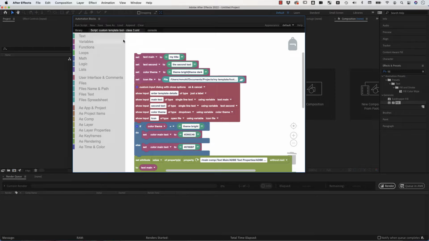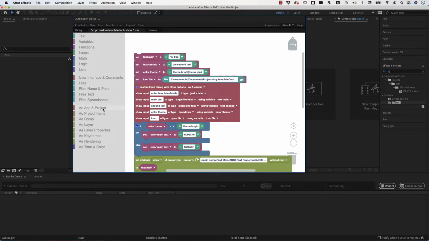I'm Matthias from mamoworld.com, and today I want to talk about rendering, how to render your template instantly after it has been created. But before we do this, you'll note that today I don't have our project file open yet. This is because I want to show you how to make this tool itself open the project that it wants to use, because this tool is about using one very specific After Effects project file. So it would be cool if it would make sure that this one is open